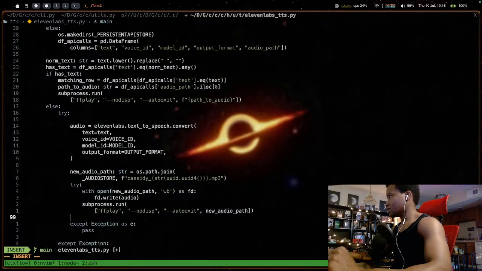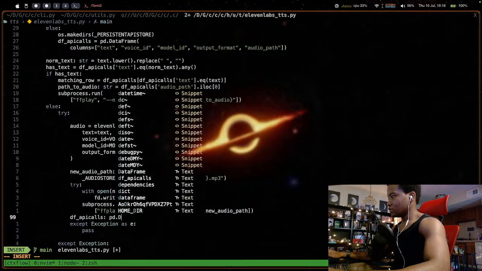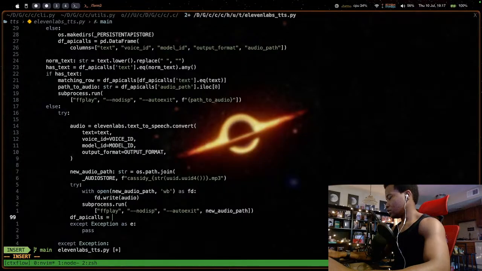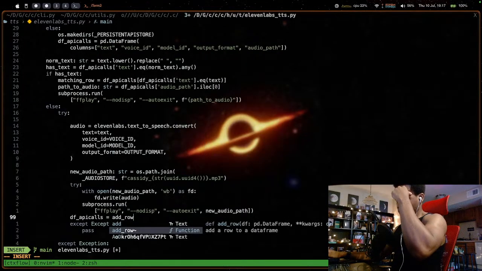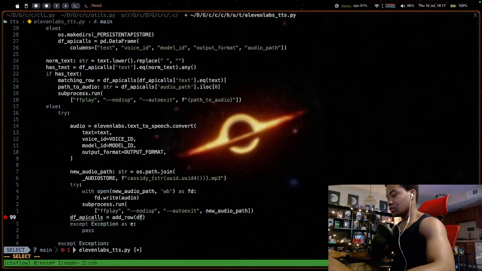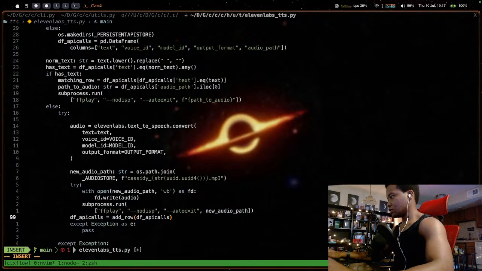FastText, df_api_calls, pd dot. Oh, no, I don't need to do that. What am I doing? Equals add_row. Returns that. df_api_calls.